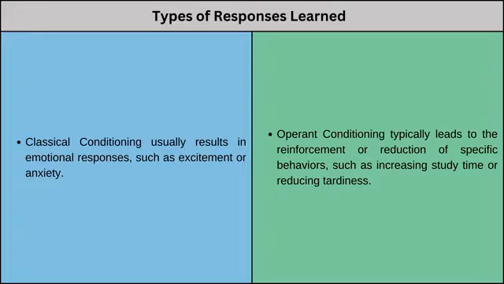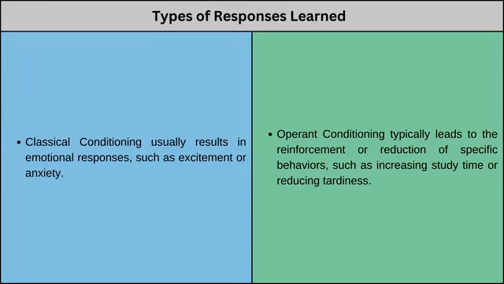Next, the type of responses that are learned in each conditioning type also differ. Classical conditioning typically results in emotional responses. For example, a student might feel anxious about entering a classroom where they were previously scolded, or they might feel happy entering a room that's always associated with fun group activities. These emotional responses are learned through associations, whereas in operant conditioning, the responses are more about the reinforcement or reduction